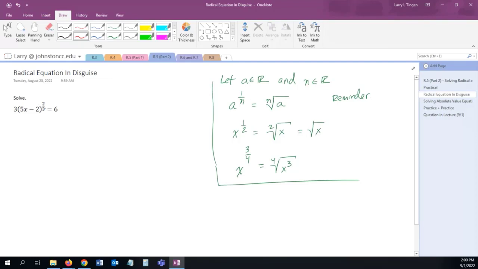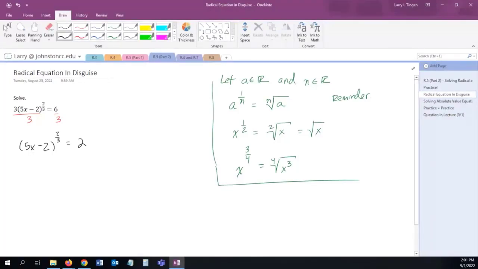First thing, x is in parentheses and I have a power, so I'm going to isolate whatever x is in this radical and get everything to the other side. This 3 is on the outside, multiplying, so I'm going to get rid of it by dividing on both sides. Now I'm left with 5x minus 2 raised to the 2/3 is equal to